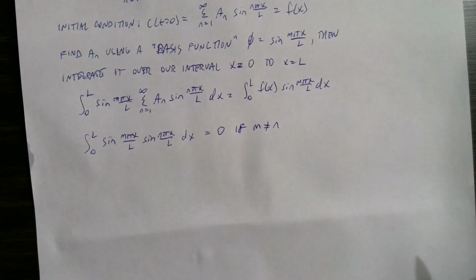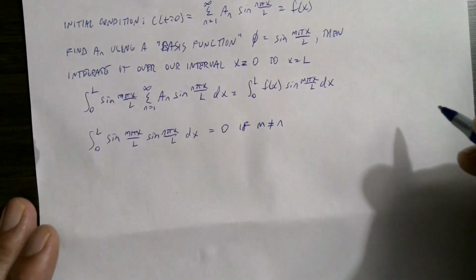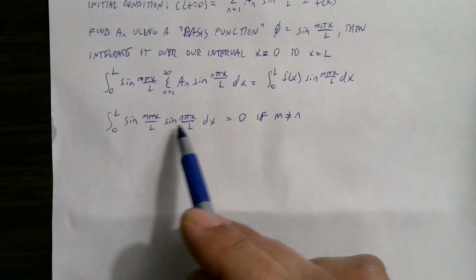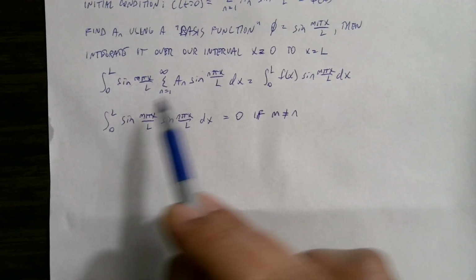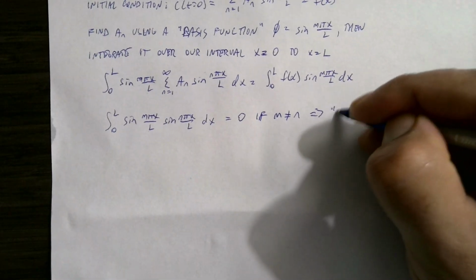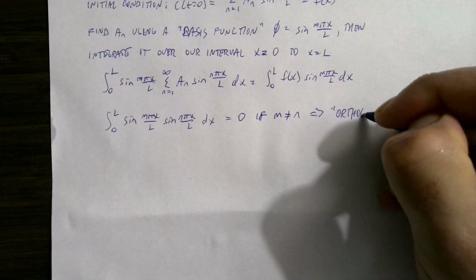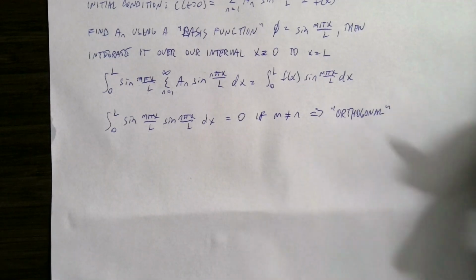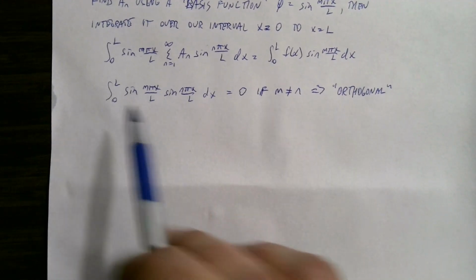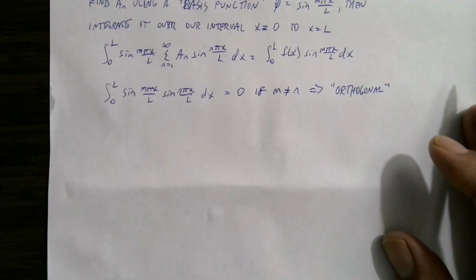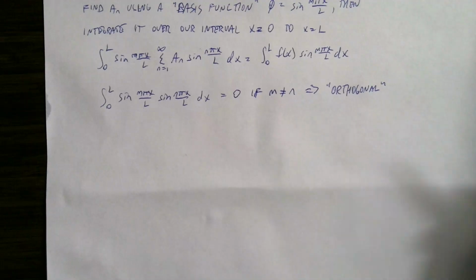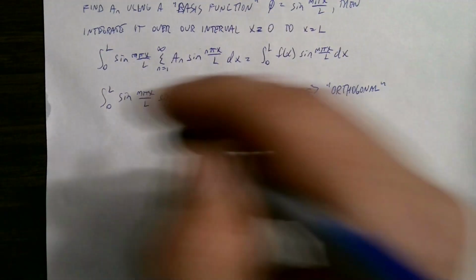Okay, and this is because these two functions are called orthogonal. And again, you can go and look up more about this, but this means that they're orthogonal. This is a word that's used: orthogonal functions across the interval of 0 to L. Okay, and again, you can go look at that. But so if m is equal to n, so